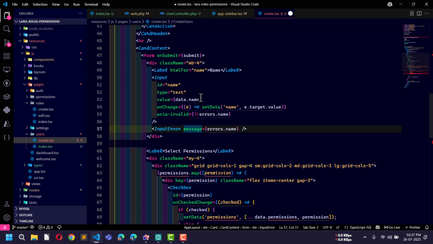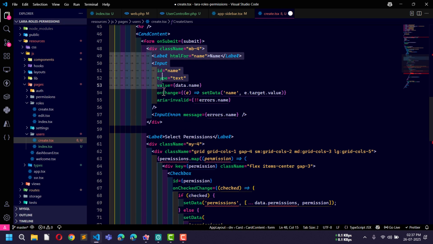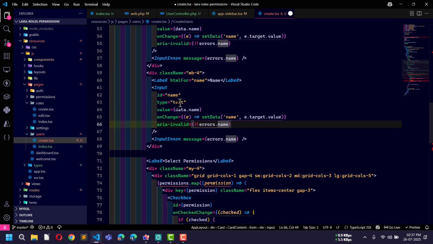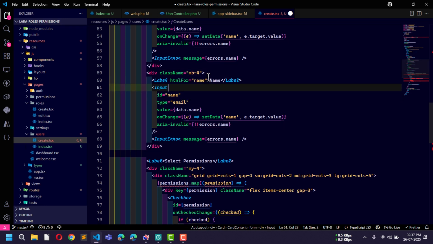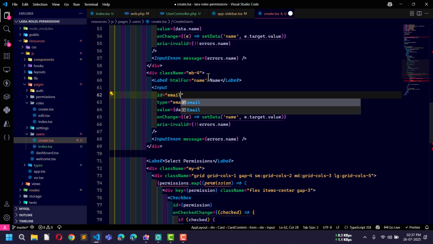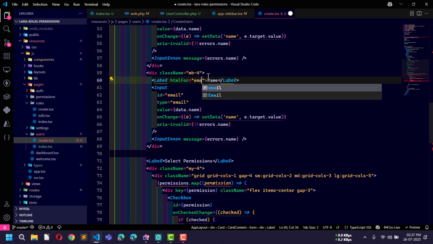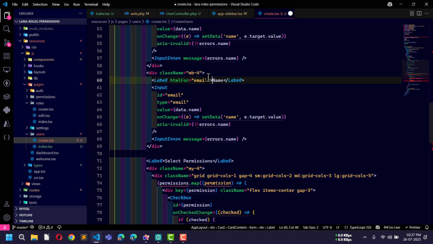This is also fine. Now I will duplicate this same thing just below here, and this time type will be email, ID will be email, label htmlFor will be also email, and just write email here also,